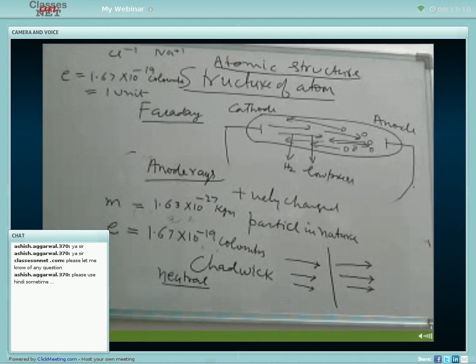Now the Thomson model of atom. Thomson gave a model of atom in which he says that the electrons, protons and neutrons are present together in the atom. But